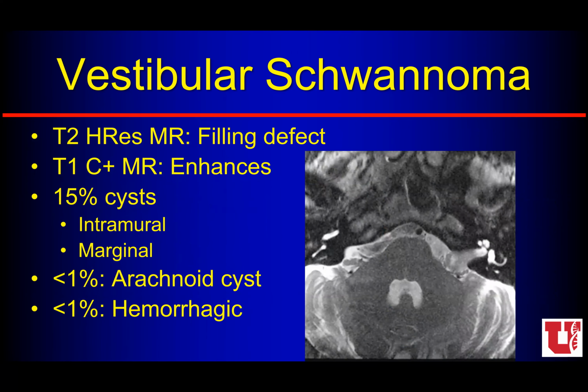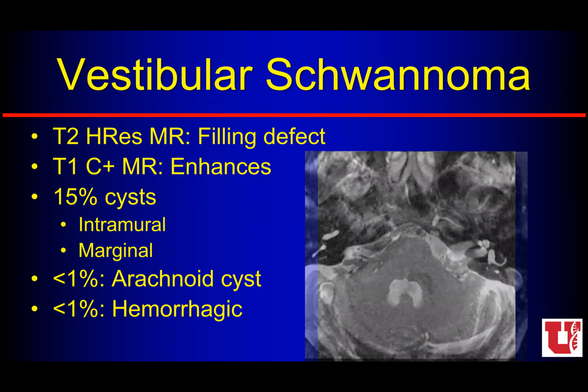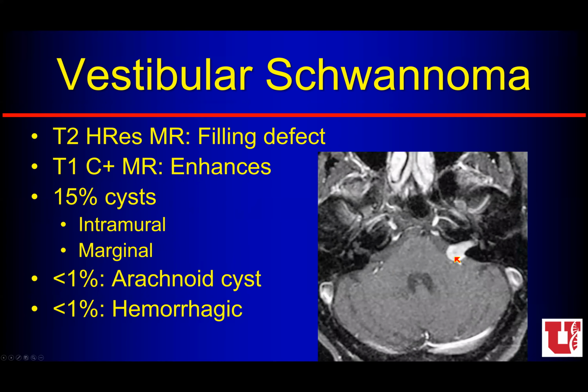Now, we can have a lot of different appearances to these vestibular schwannomas. We might see cysts within the lesion or around it. We might see hemorrhage. And we want to remember that it's more common to have an atypical appearance of a common entity than it is to have a rare entity at this location. So while we like to see an avidly and homogeneously enhancing mass within the IAC and the CP angle,